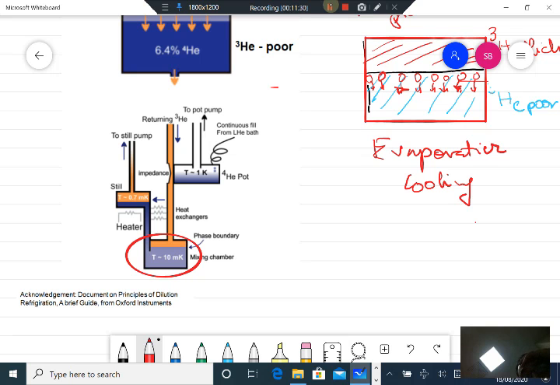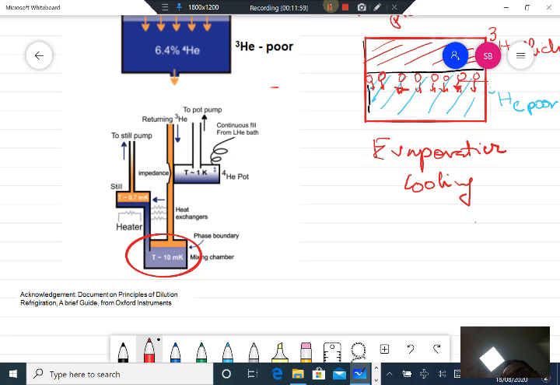And across this interface, you have helium-3 molecules which are entering this helium-4 pure phase, which is shown in blue, or purple, whatever. Now this region which has the mixture, the poor phase region, you connect a capillary and take the liquid into this region, which is called a still.